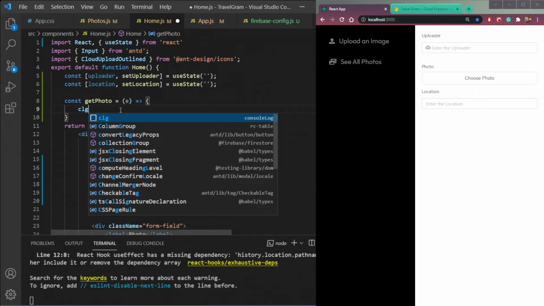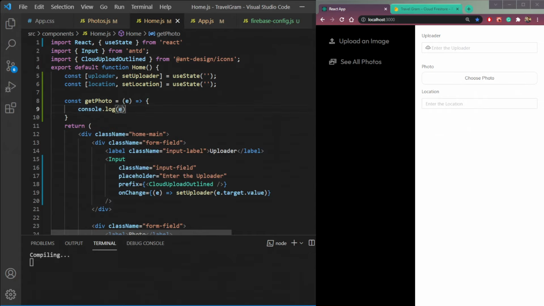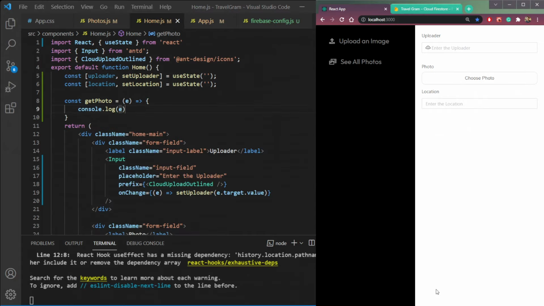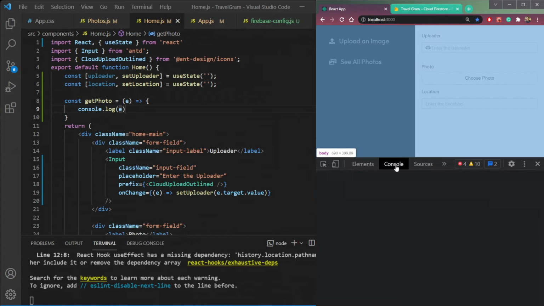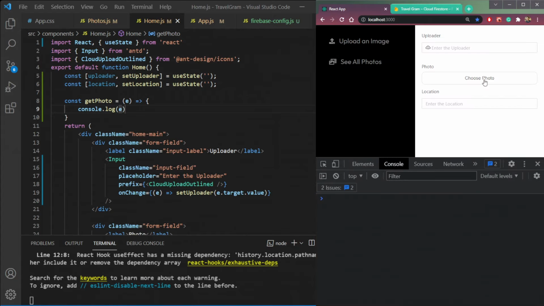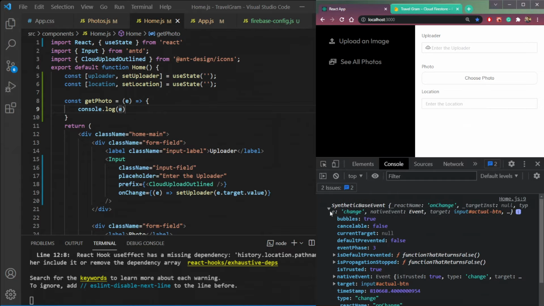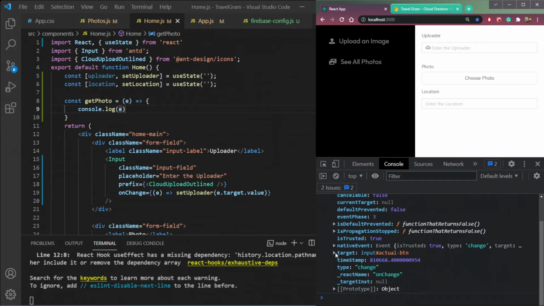So console.log, let's see what we are getting here if we just select a photo. Open inspect element console, let's choose some photo here. So let me choose this photo, lake photo. So we're adding all this data here, so we need the target inside this e.